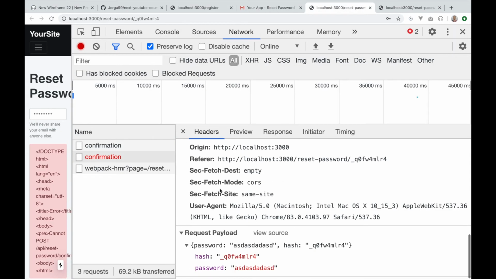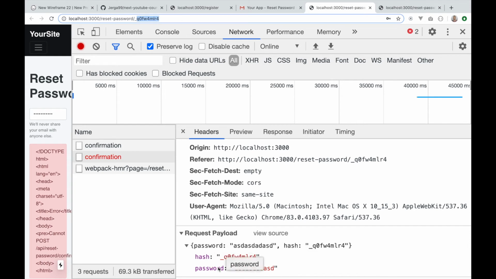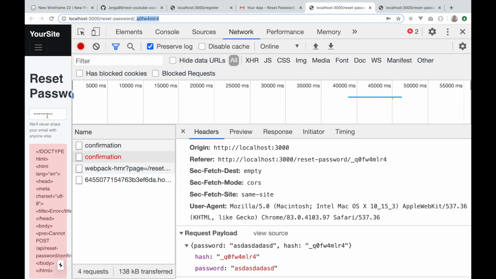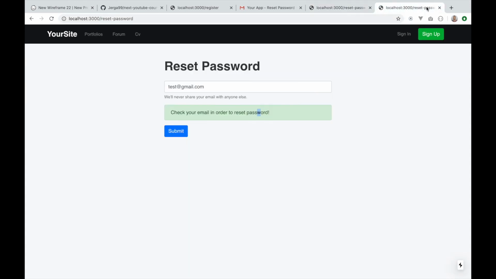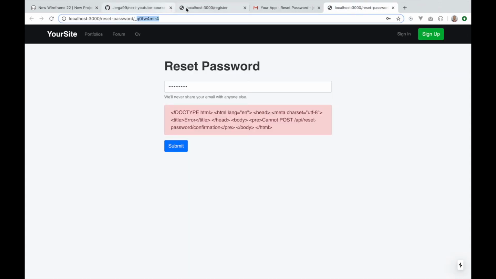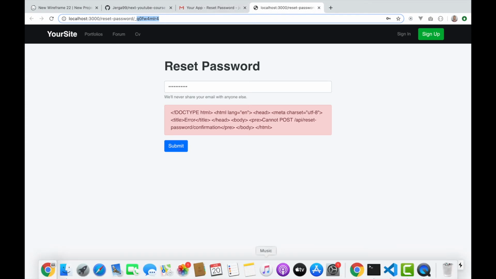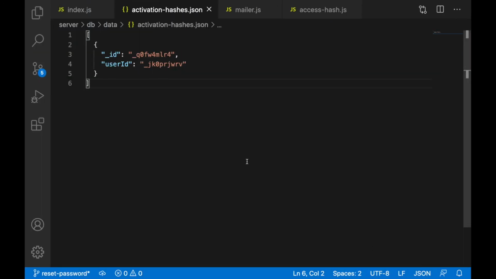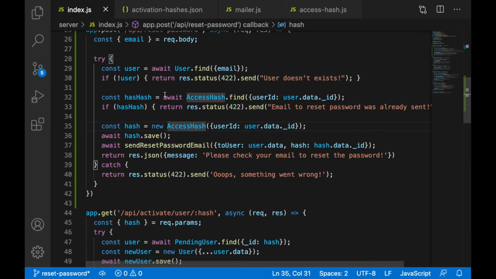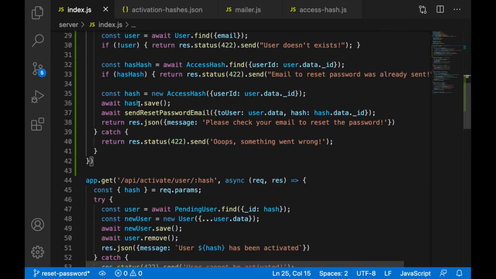So when I scroll down here, you will see we are sending hash. That's from a URL here. And also password we are inputting here into this input. Okay, so I'll close this and we'll proceed with the functionality. We'll close all of these tabs here. They don't need to be opened. Okay, let's go back. We'll create this new endpoint in our index.js, and under reset password, we'll create a new